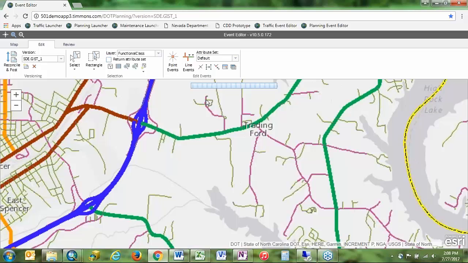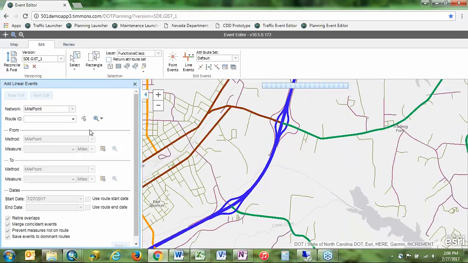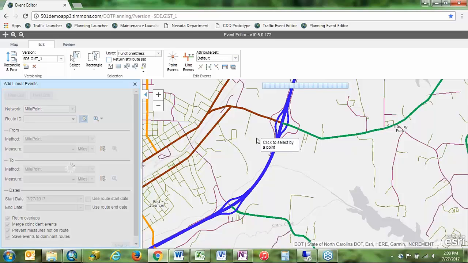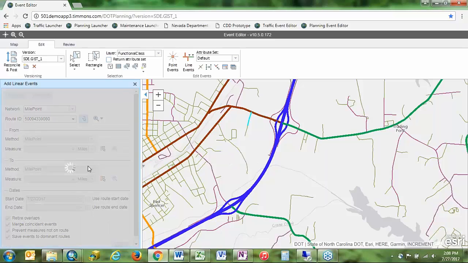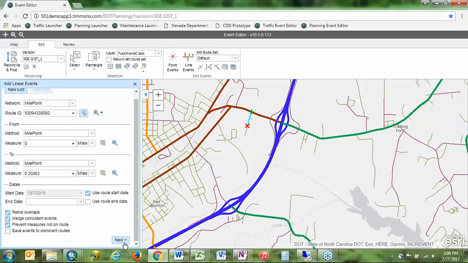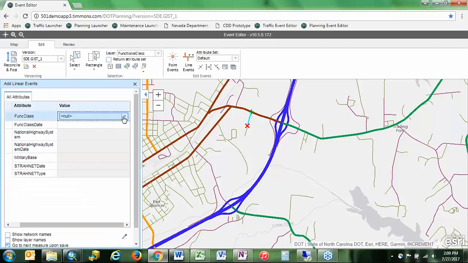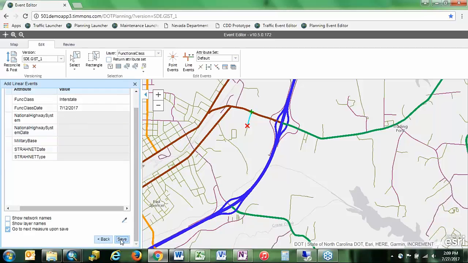All right, this looks like a good spot to break something. I'll just make a couple of real quick edits here for you. Let's change the functional class from local to something simple like maybe interstate, for instance. We'll go ahead and change the functional class on this entire route. You'll notice that I would never be hired anywhere as a planning technician making this an interstate, but hey, it's just a webinar, it's all for fun.